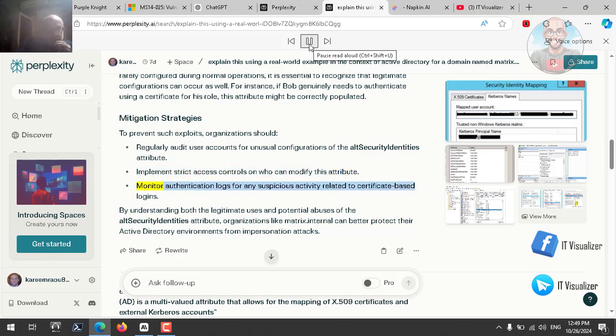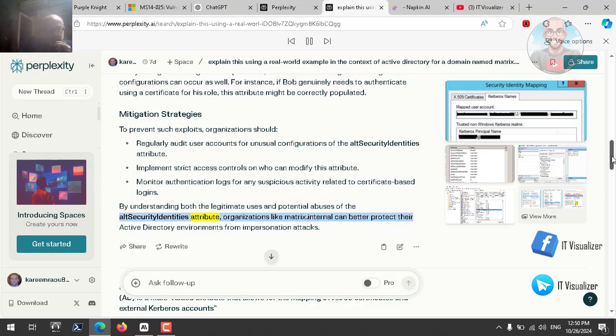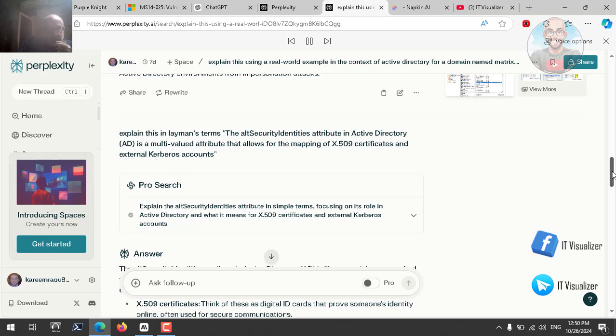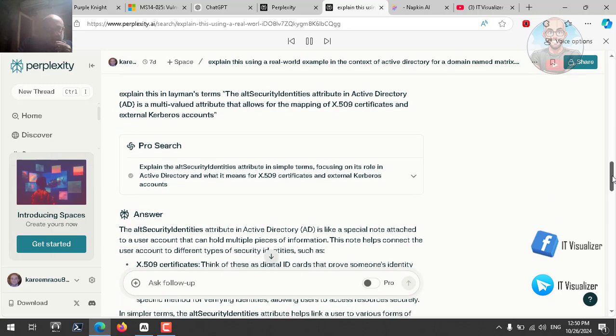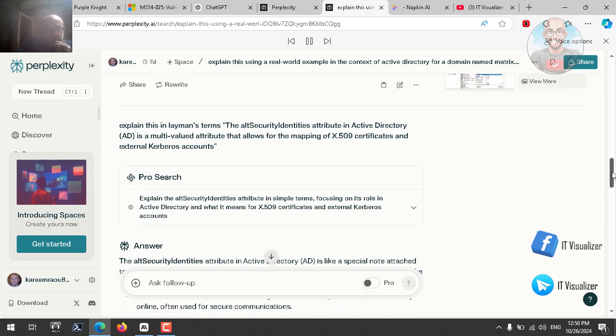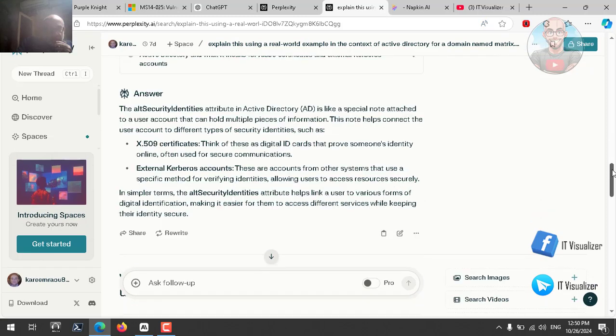Monitor authentication logs for any suspicious activity related to certificate-based logins. By understanding both the legitimate uses and potential abuses of the alt security identities attribute, organizations like Matrix.Internal can better protect their Active Directory environments from impersonation attacks. So this is the answer